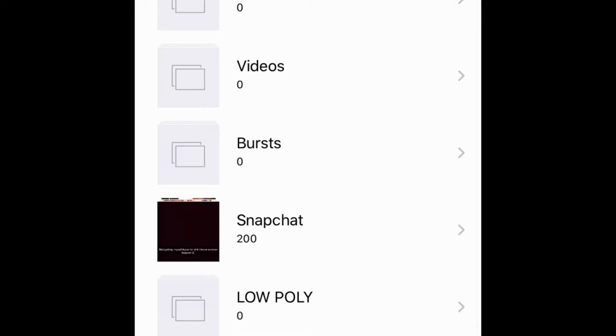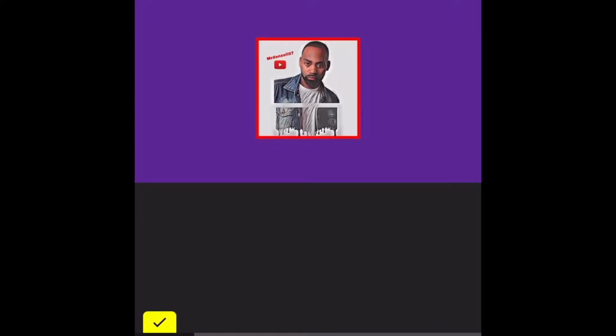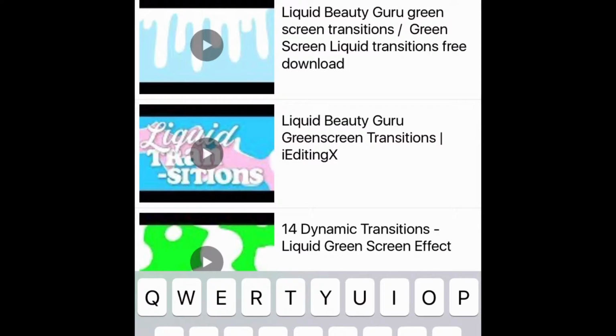So that's there. So now, I'll add a sticker. So hit the plus sign. When you add a sticker, go to Recents. I'll use my Mr. Denzell 07. Now you can shrink it however you like, and you could have it hooked up like that, and then you hit the plus sign. Now, say for instance, if I want to add some icons, I go to video sticker, I hit the plus sign, I go to YouTube, and I say, let's say